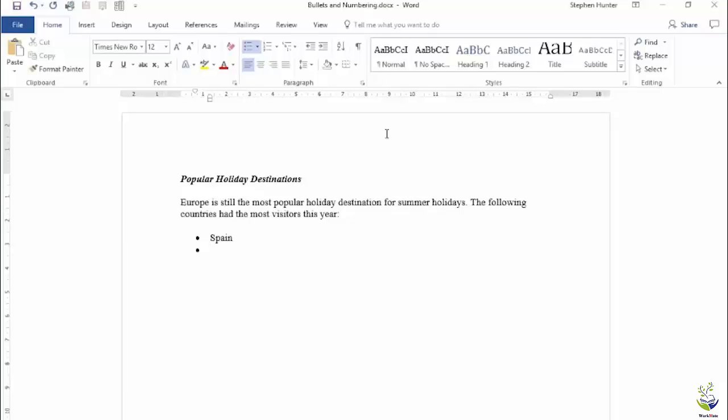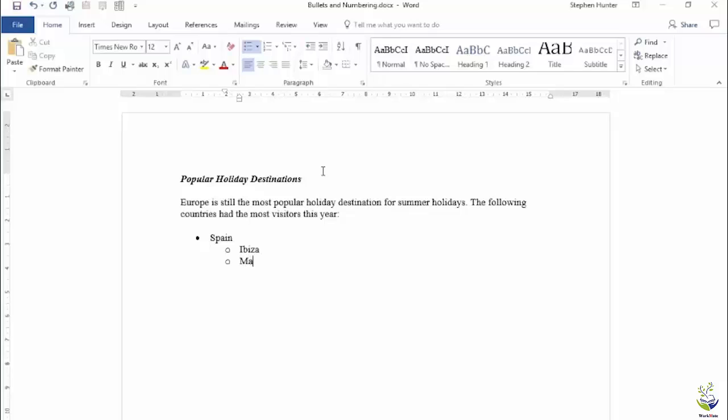So at that point I'm just going to press the tab key and that will indent that text one level. Now it could also have gone up to the paragraph group, outdent and indent, but it's very easy just to press indent and I'll put in there